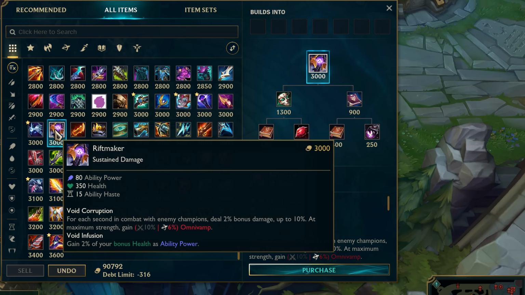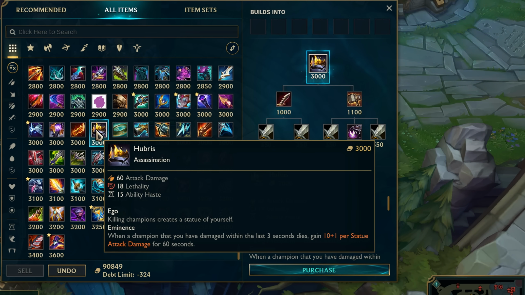Liandry's Torment 2, Riftmaker remains, so it has some reduced stats. All the mythics that got turned into legendaries now have reduced stats a little bit. Ginsu remains too. Then we have this new item Hubris for assassins, giving attack damage, lethality and ability haste, and